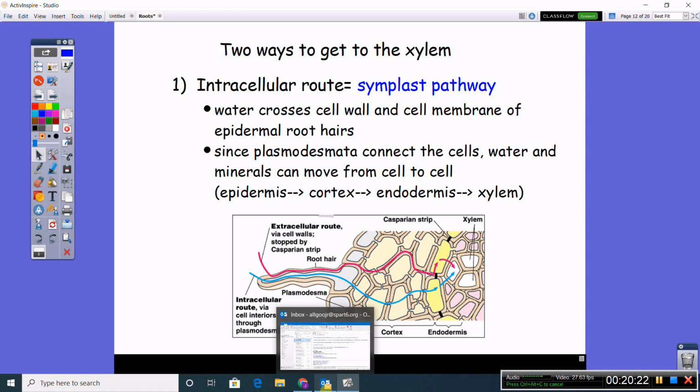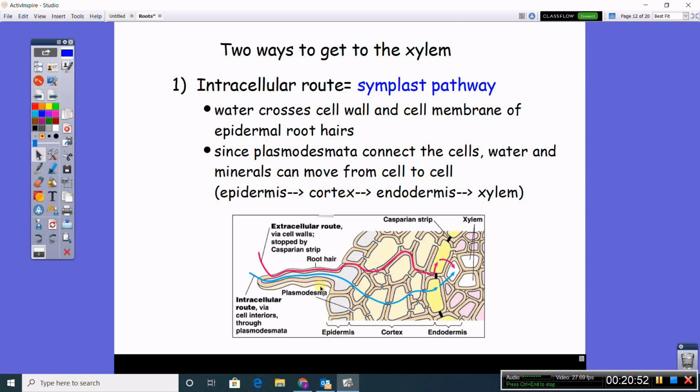So in the symplast pathway, water crosses the cell wall and the cell membrane of epidermal root hairs, because that's what it's typically coming in through. And basically, in the symplast pathway, it's going to enter the cytoplasm right away. So this is the blue line in this picture. This is the symplast pathway. Okay? It enters, it crosses the cell wall, and then it's going to travel within the cytoplasm